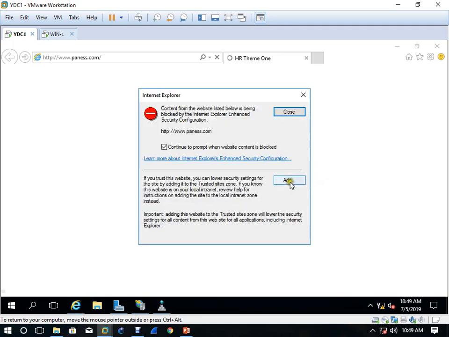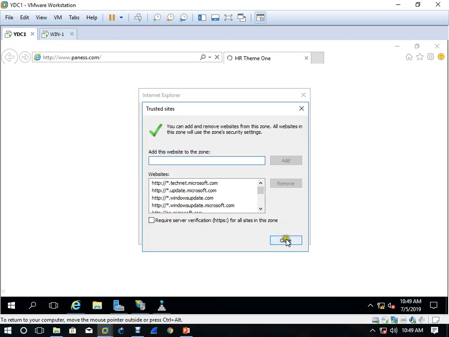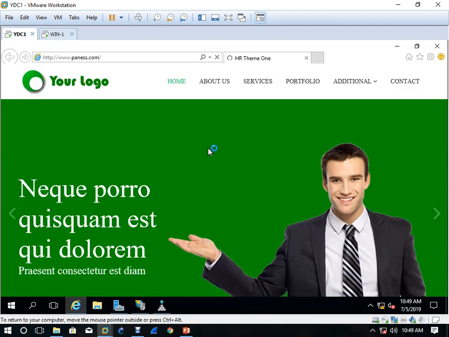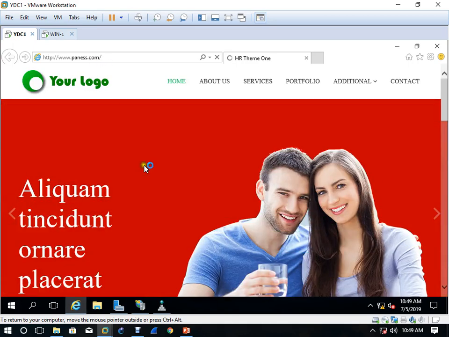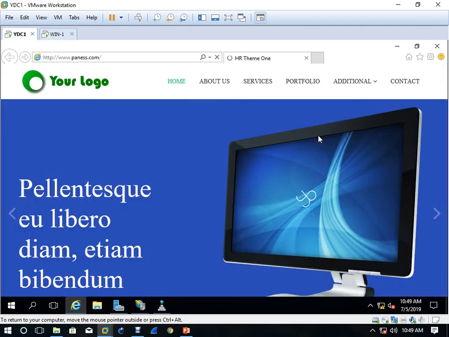See, these things are coming, add, close. So these things will come in the server. But if you don't want this, see, right? If you don't want that, only on a server you will get this option, right?